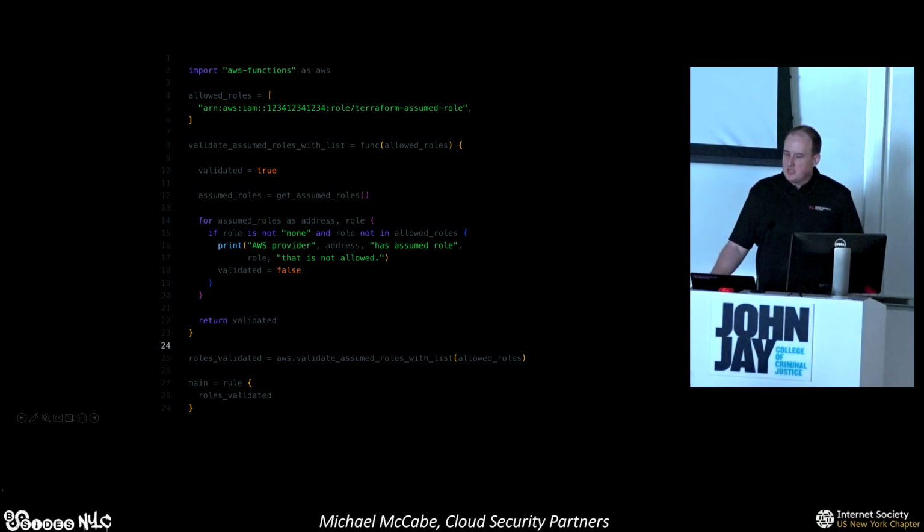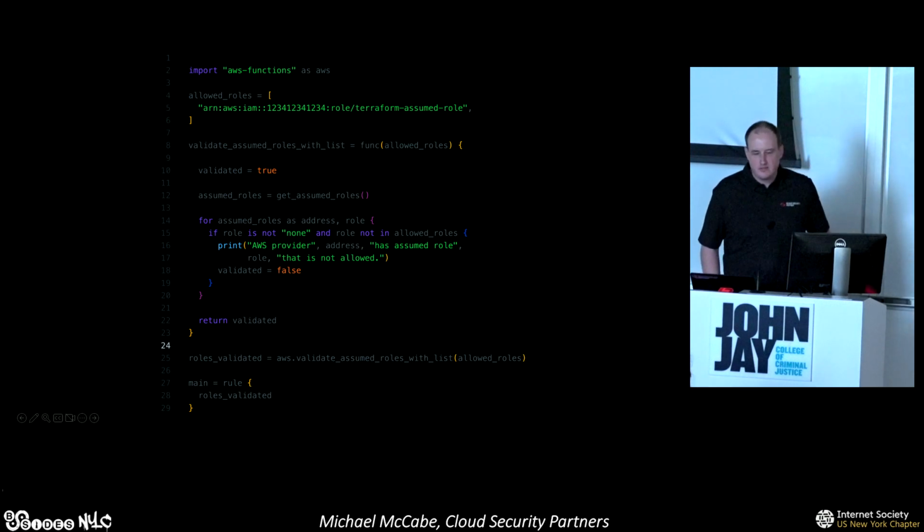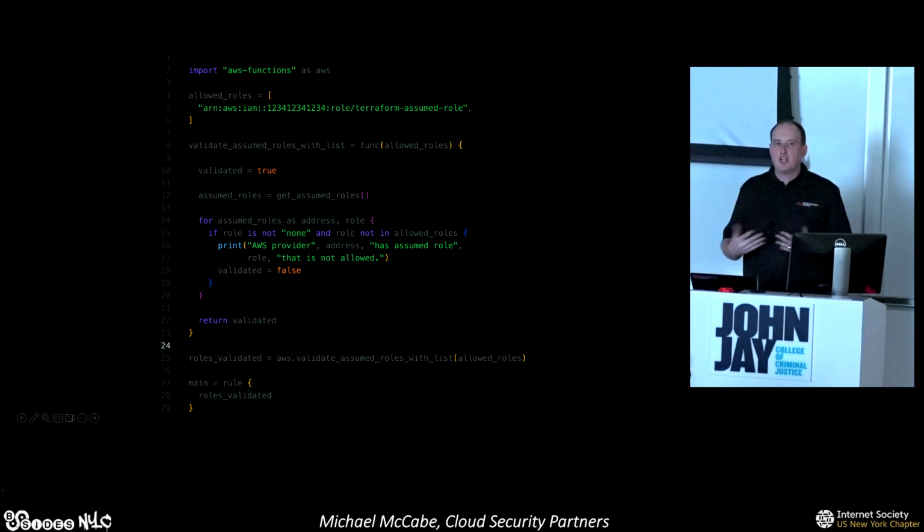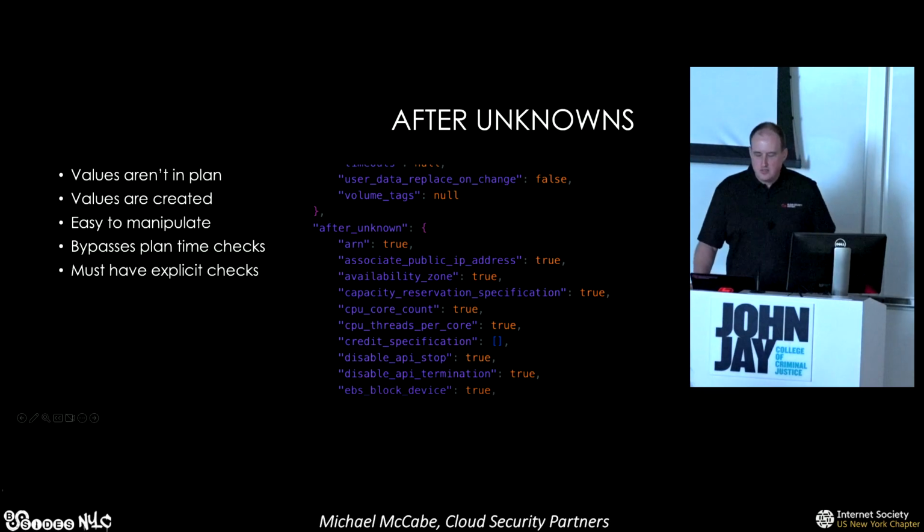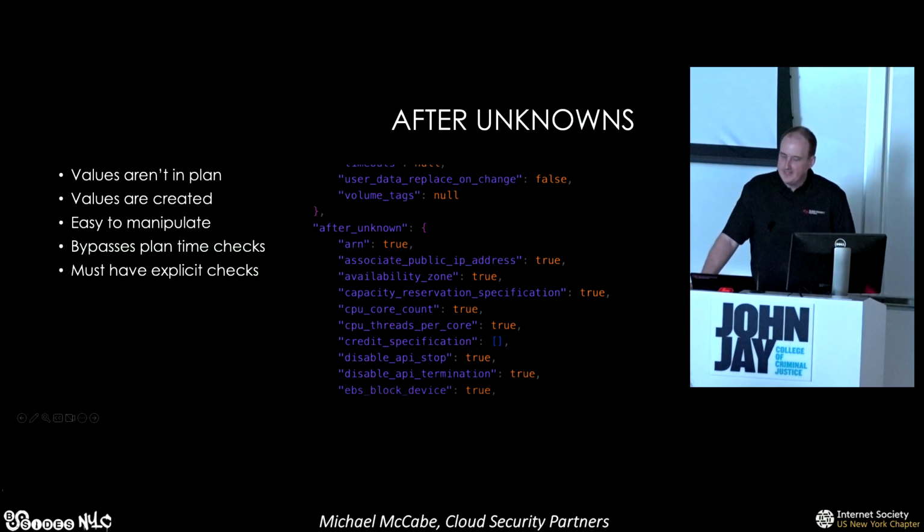But one of the problems is Semgrep is a SaaS tool. It runs against the actual Terraform, against the HCL, their language. These tools run against the Terraform plan, so against the generated structure of what you're going to create. And like I talked about before, you have Terraform plan, you have Terraform apply. Then there are these things called after unknowns. It makes me regret not putting in a Donald Rumsfeld. There's unknown unknowns, but